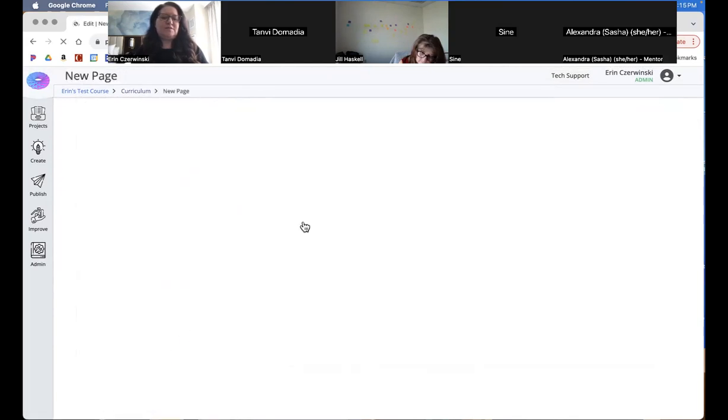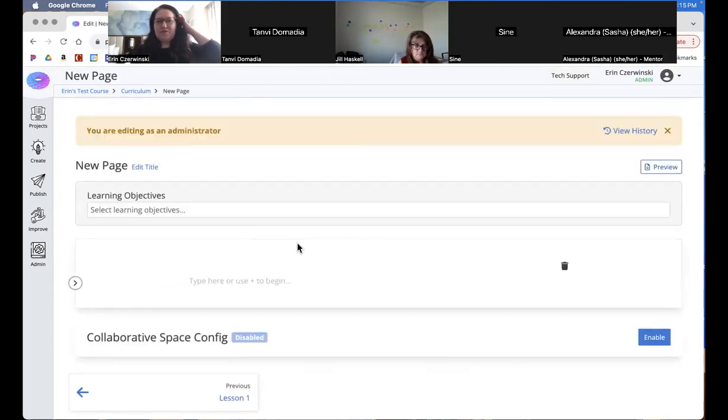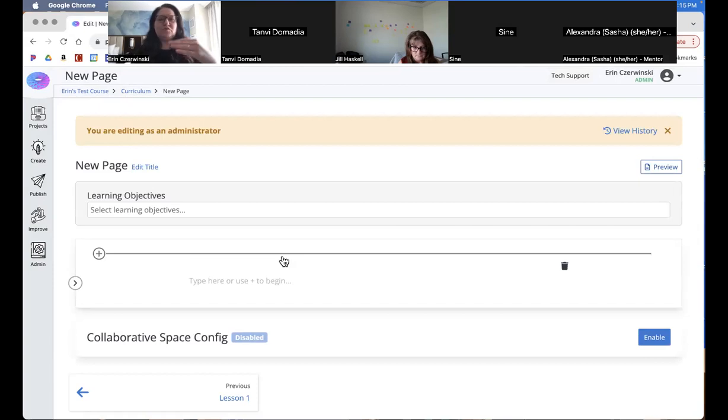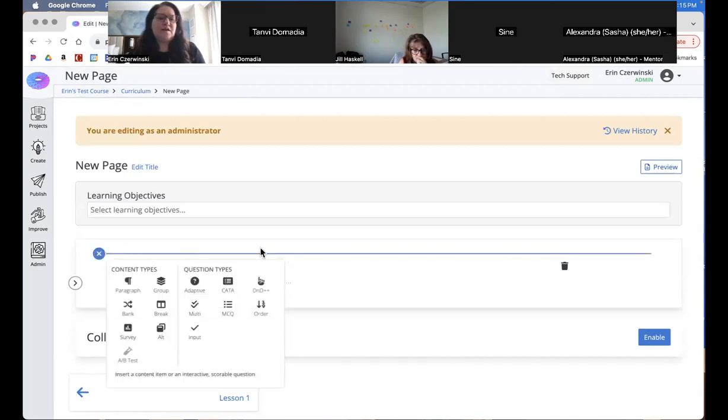You can edit. And what I'm going to show you now is how to add different assessment item types to your page. So this would be for a formative assessment page, and it works similarly, by the way, in the graded assessment page. You select the type of assessment items you want, and you'll be creating a whole page of those in a summative assessment. So you want to find this line, and sometimes that can be tricky, but once you find that line, you have these options.